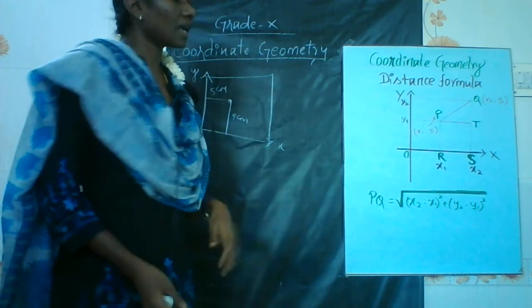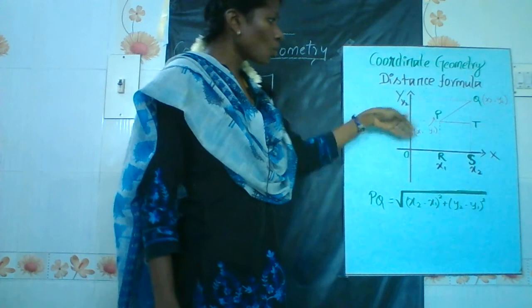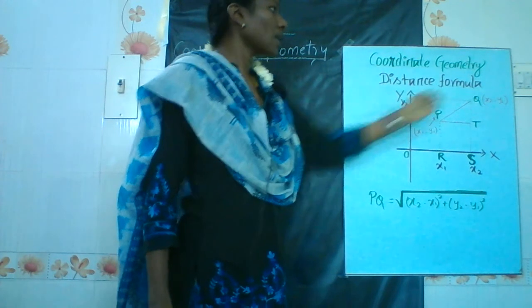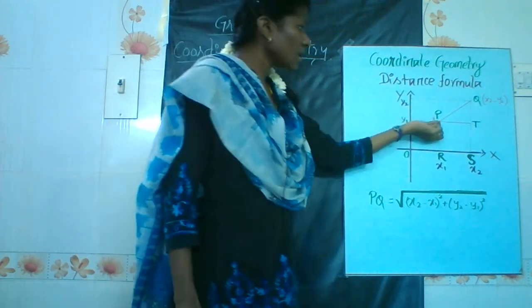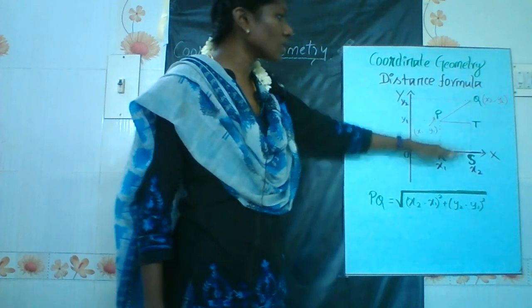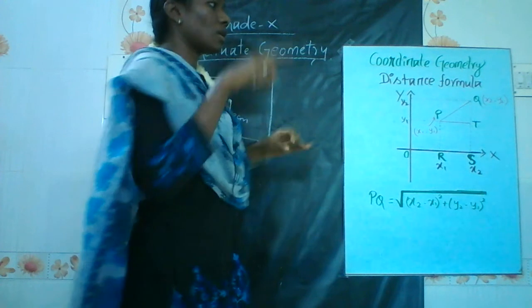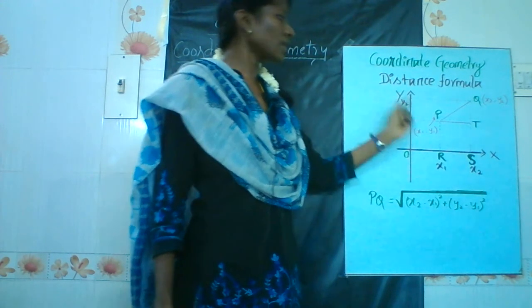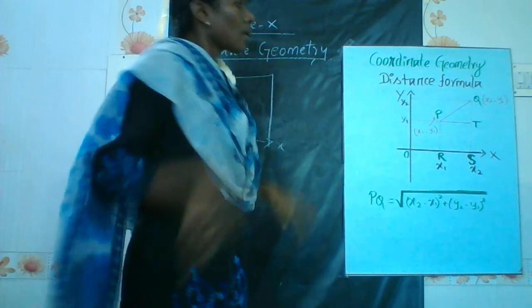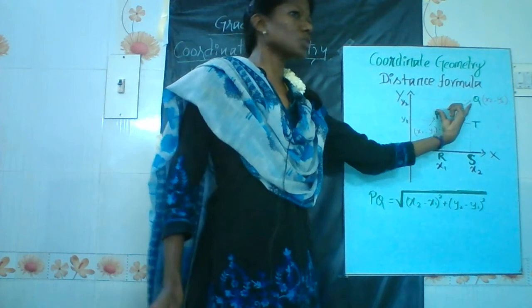Okay. Next I am going to draw a line that is vertical to y axis. I am giving y1, and again from here y2, and from P I am drawing a line that should be parallel to these two lines. So that is T. Now I have drawn the lines and given their names: x1, x2, y1 and then y2. Why am I drawing this? I have to find the distance between these two points.